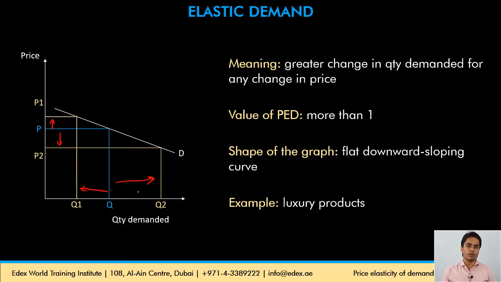And this is also the reason why producers or suppliers are always keen on offering discounts on luxury products. You will see discounts are always offered on luxury products, or products for which there is a lot of competition in the market, compared to products which are necessities. If there is no competition in the market, producers wouldn't be willing to offer you discounts for such products.